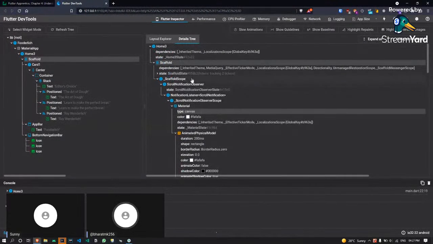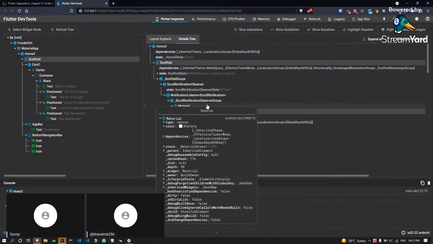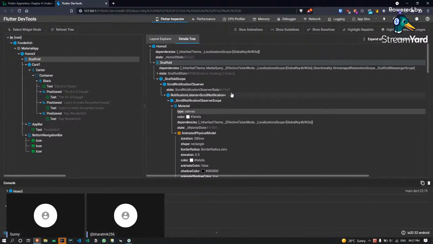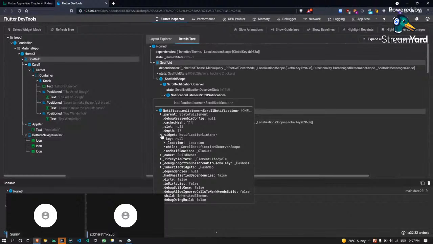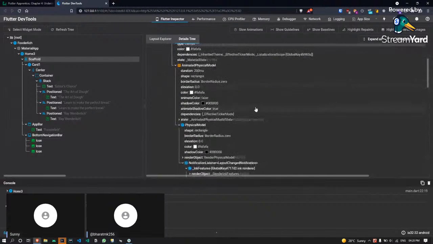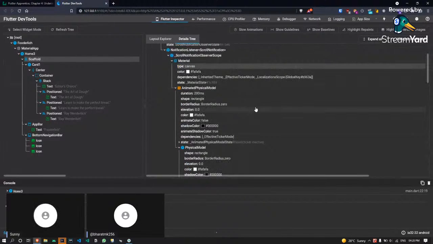So Sunny, would you like to tell us what these widgets are, scaffold, scope, notification listener, and the other widgets? I really do not know scaffold scope, but I know notification listener. What notification listener is, you put a listener on a tree, and from its children you can actually listen